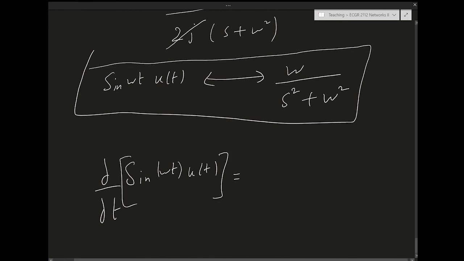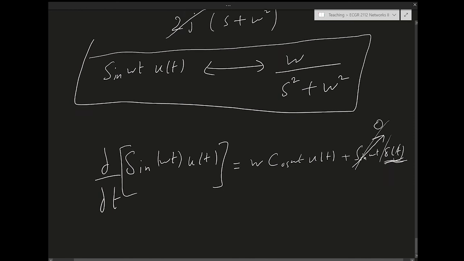Well, we use the product rule. So I get, in this case, cosine omega t times omega u of t, plus sine omega t delta t. I know the shifting property of the delta, where it's 0 everywhere except at 0, so the sine only matters at 0, and at 0 the sine omega t is 0. So this expression does not matter anymore, right? But then